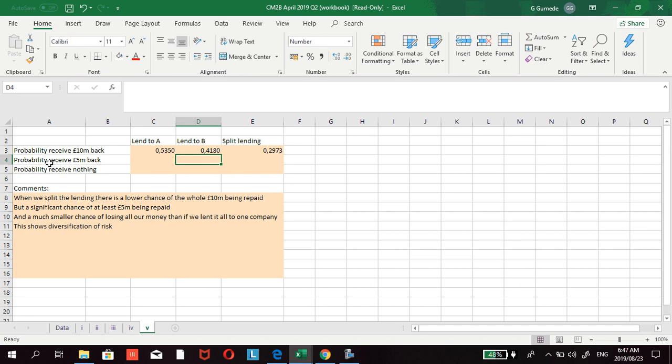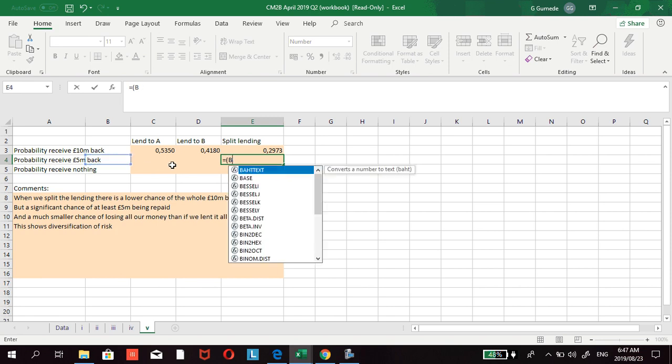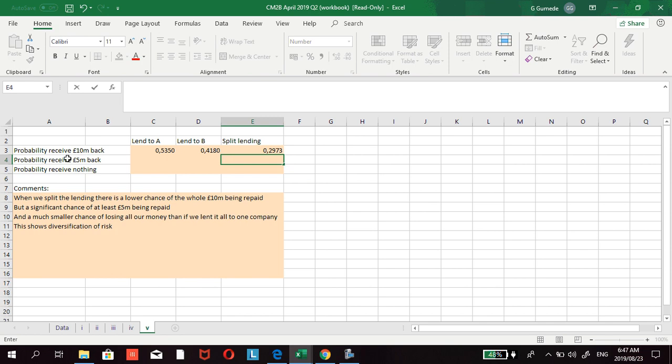So what is the probability that they receive 10 million? Now this will actually be equal to, if you think about this, the probability that they receive their 10 million is the probability that they receive, sorry, the probability that they receive 5 million. In this case, we are looking at the probability that they receive 5 million back. So this will be equal to, now, if they lend, okay, this was a very difficult question. I'm running out of words here, but what I'm actually trying to say is